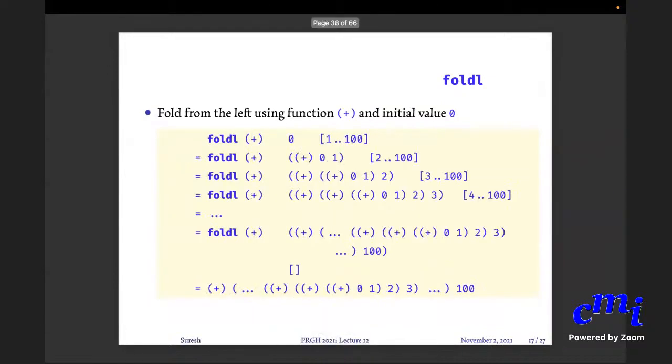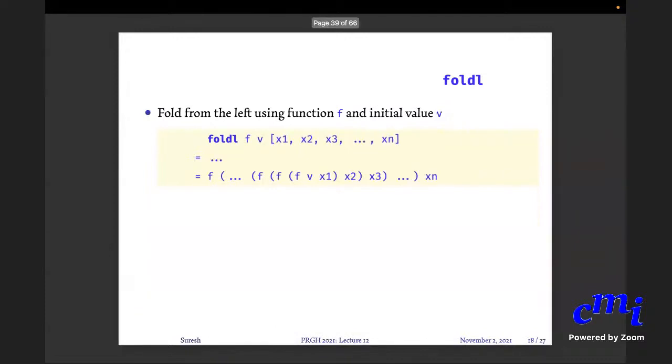Okay. So in case you have plus, for instance, and 0, this is what is happening. You're doing this, you are modifying the accumulator here, you are modifying the accumulator again and calling on 3 and so on. You're again modifying the accumulator. Eventually, you will get some huge expression like this, then call it on the empty list, which will still result in this huge expression, which you finally evaluate and get 50.